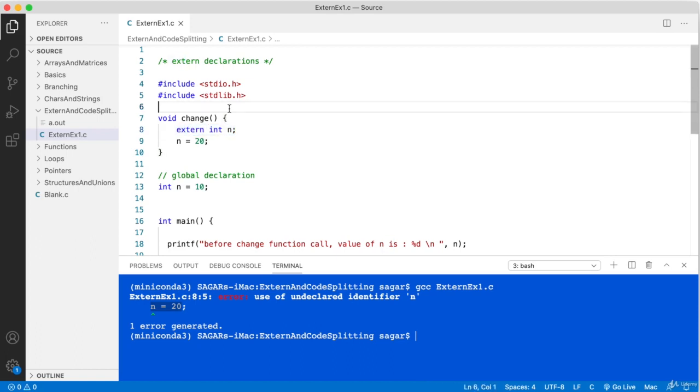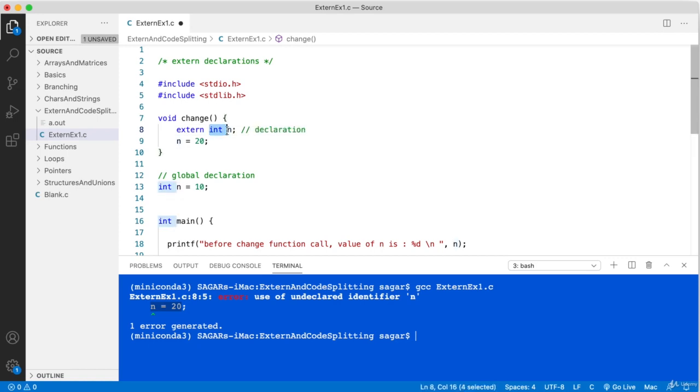This statement tells the compiler that n is an integer variable and it is defined externally. You need to understand the difference between declaration and definition. Declaration is a phase where we specify the characteristics of the identifier, whereas in case of definition, we are actually referring to the memory block or allocation part of it. Here, this only acts as a declaration.